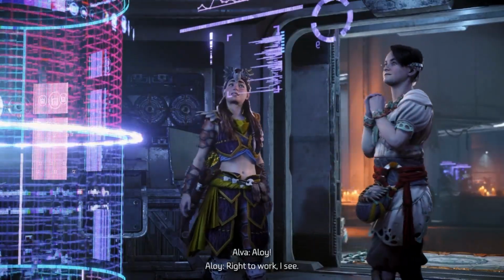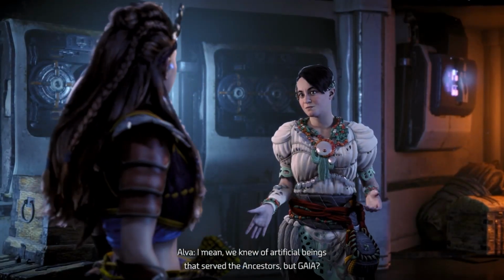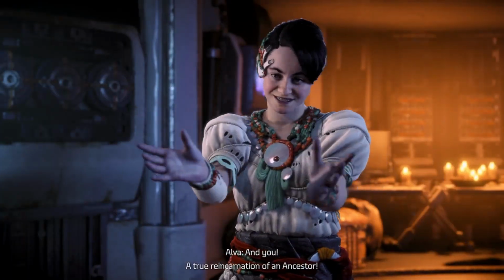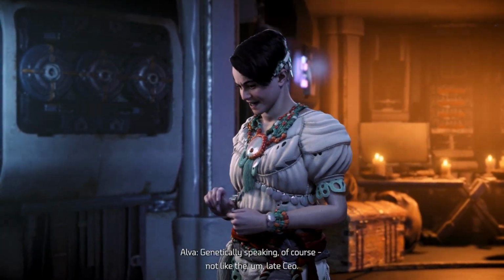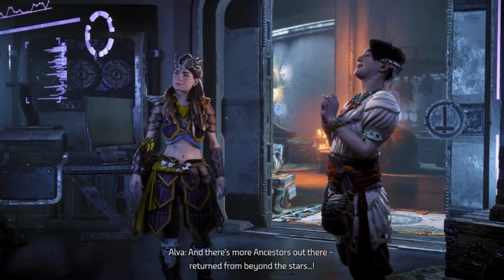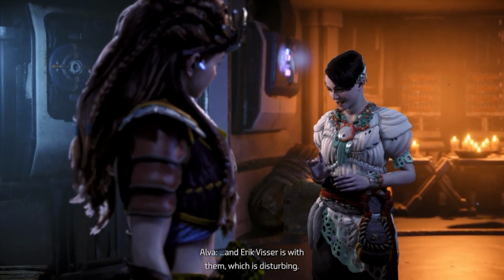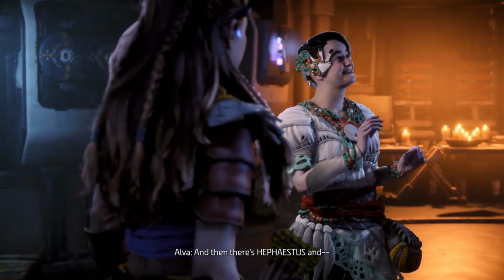Aloy! Right to work, I see. There's just so much. I mean, we knew of artificial beings that served the ancestors, but Gaia? Oh, she's amazing! And you, a true reincarnation of an ancestor. Genetically speaking, of course, not like the late CO. And there's more ancestors out there, returned from beyond the stars. Of course, they're trying to kill us, which is not great. And Eric Visser is with them, which is disturbing. Who's that? And then there's Hephaestus, and...